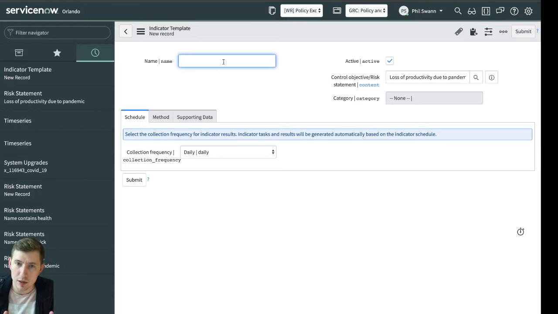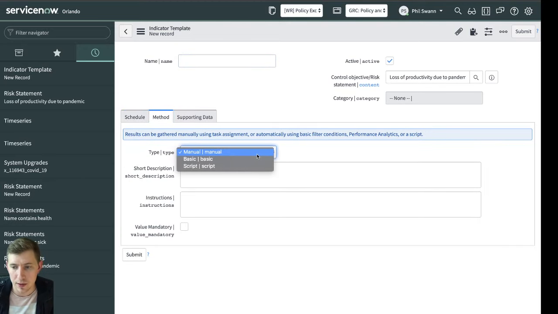So indicators, if you're not aware, there are three main types of indicators in ServiceNow GRC. These are manual, basic, and scripted. Okay, you have to be a developer to see the scripted. Manual is going to generate a task, and a typical use case that I use to explain this is imagine